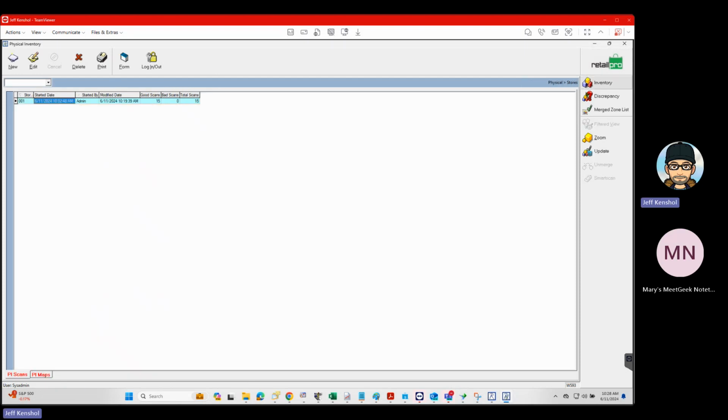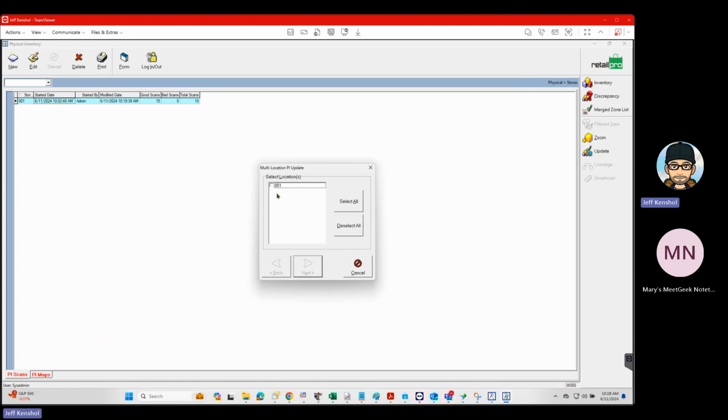Anyway, to accept it, you just go to update, and you check off the location you're going to update. You click the little next button, and here's where everybody gets screwed up. Do we leave it here on only the items that have a physical count, or do we switch it to all items? So if I had an item that had 2 and I counted nothing,